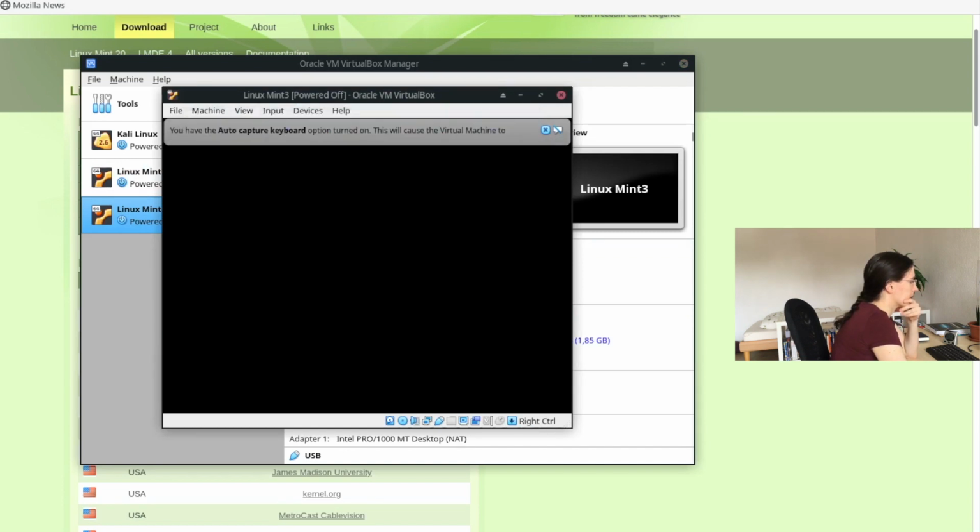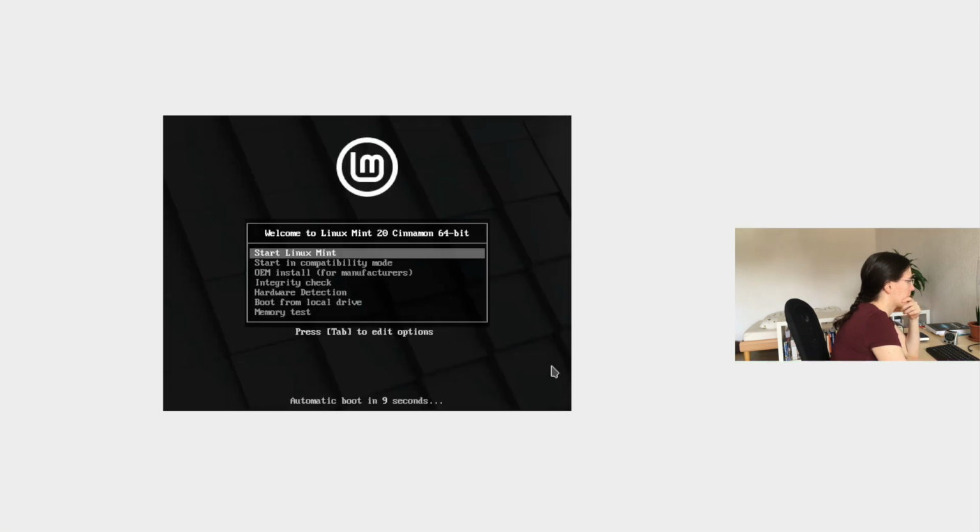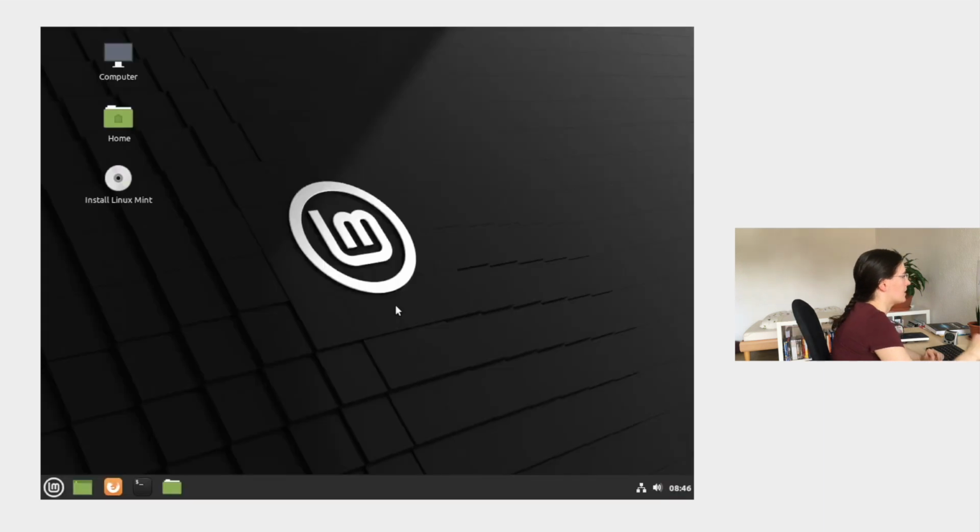Then click on Start again. Okay, and then you can press Enter. Now you are actually in the system and can simply use it as if you already installed it. Of course, there are some limitations, but if you want to try Linux without installing it, you can just try it now, like for example, open the web browser or anything.